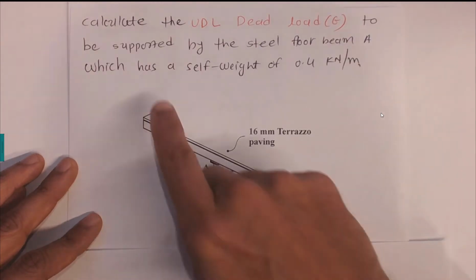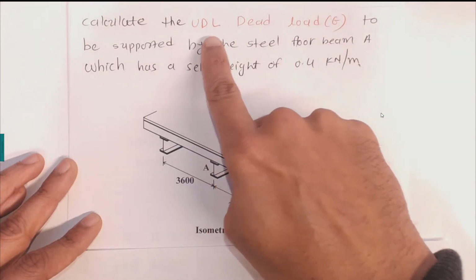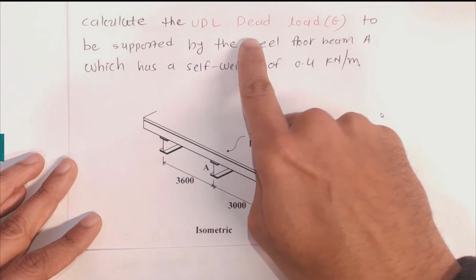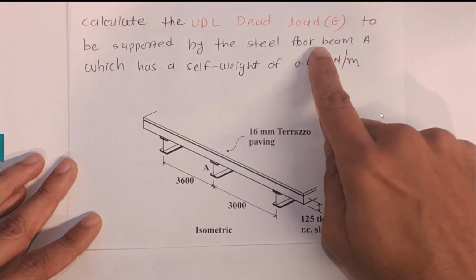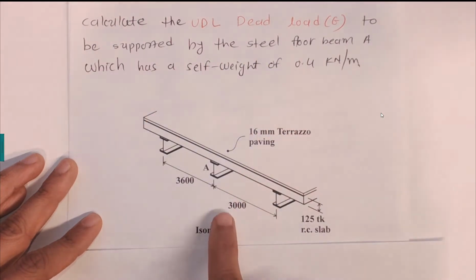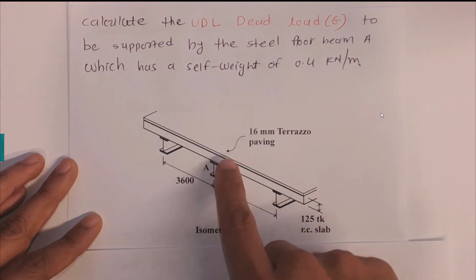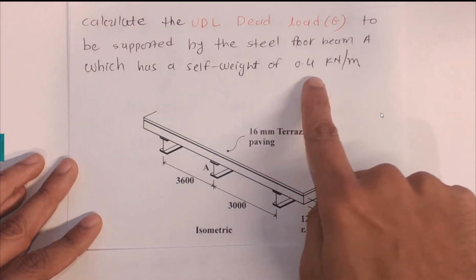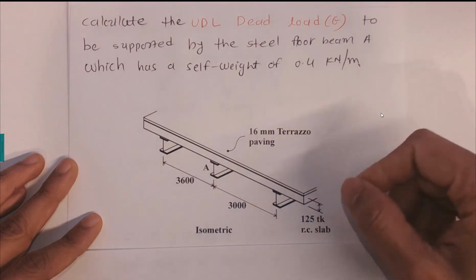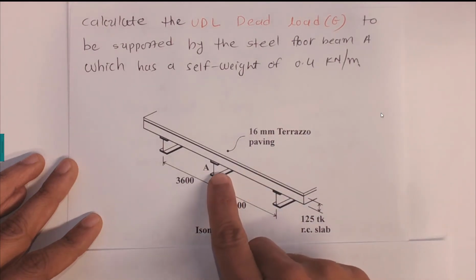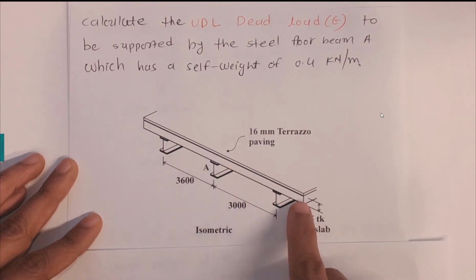This example explains the calculation of the uniformly distributed load, dead load G, to be supported by the steel beam A. So we have a steel beam A, and we need to find the uniformly distributed load on the steel beam, which has a self weight of 0.4 kilonewtons. Here this steel beam is carrying the weight of this reinforced concrete slab, which is 125